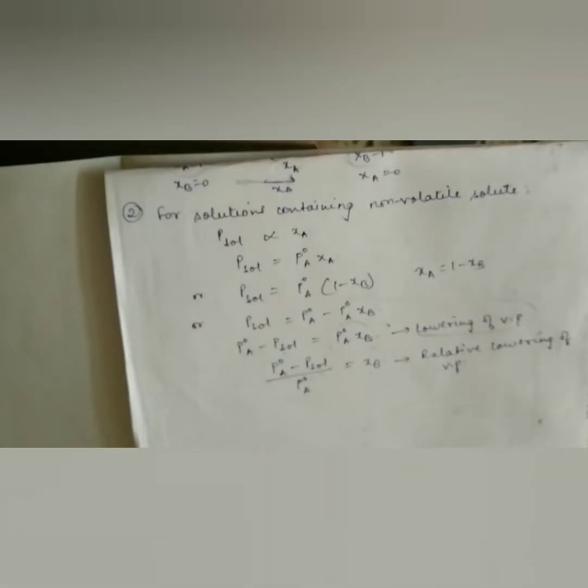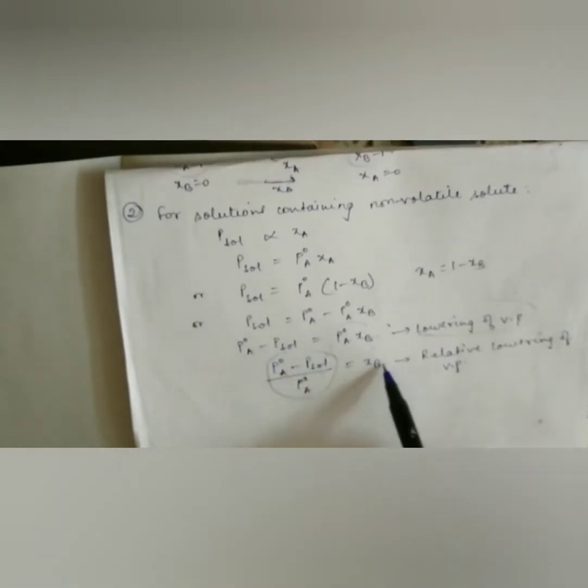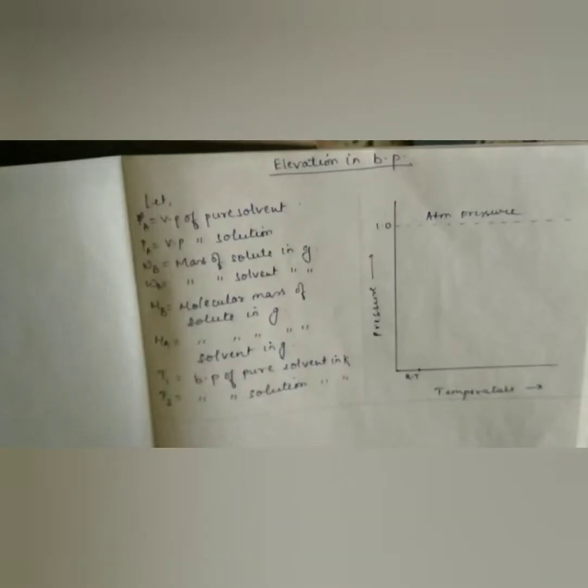First colligative property is relative lowering of vapor pressure, about which we have discussed in detail in our previous class, and we have also derived an equation expressing the same. So this was the expression that we derived and we named it relative lowering of vapor pressure. You can see this relative lowering of vapor pressure is equal to the mole fraction of the solute. So it is dependent upon the mole fraction of solute and hence it is known as a colligative property.